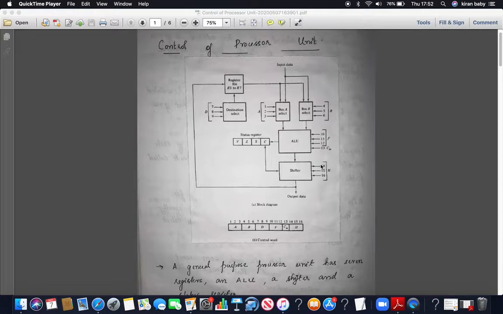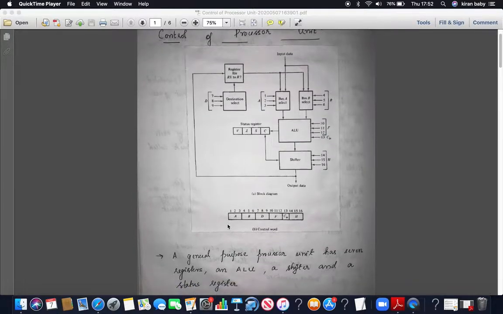In this processor unit we have a control word that is used to represent a particular function. This control word uses 16 bits.